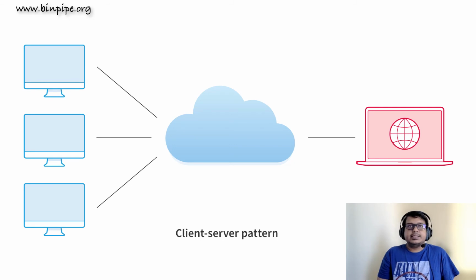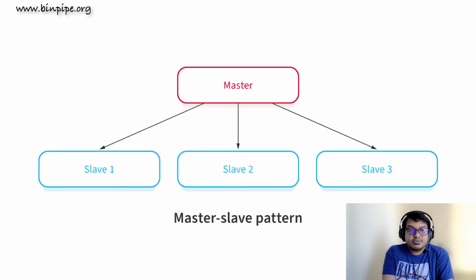Now, the next design pattern is the master slave. This one is also very famous. You might have heard about MySQL master slave servers, replicas, and so on. So the master slave architecture pattern is useful when the clients make multiple instances of the same request, and the request needs simultaneous handling. The key characteristics of the master-slave architectural pattern is that the master launches slaves when it receives simultaneous requests. The slaves work in parallel, and the operation is complete only when all the slaves complete processing the respective